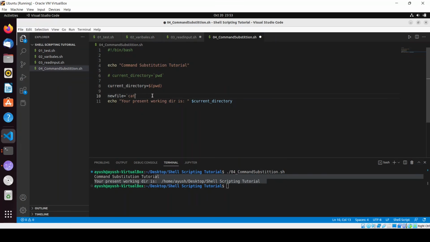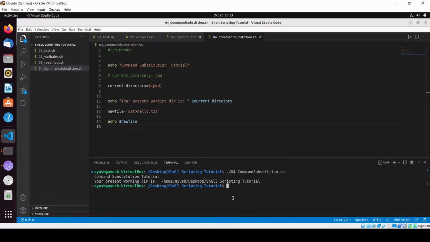I will use this command cat. I need hello.txt. Suppose in this case I want hello.txt. So I will use echo $(new file), Control C, not C, Control S to save. Clear the screen. So here you can see hello.txt has been created, and I will write